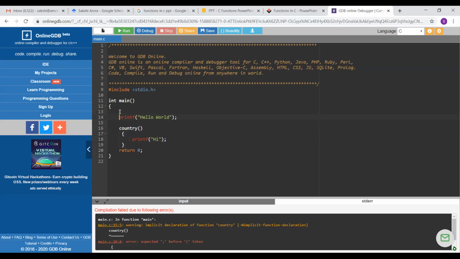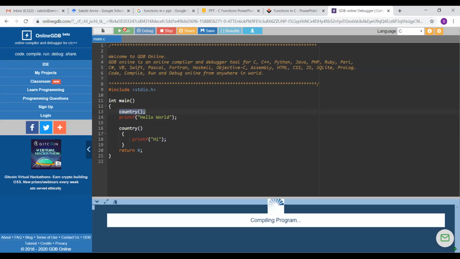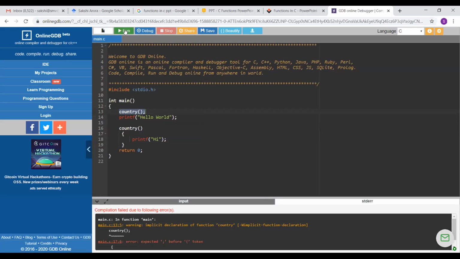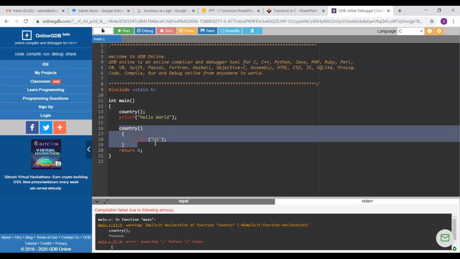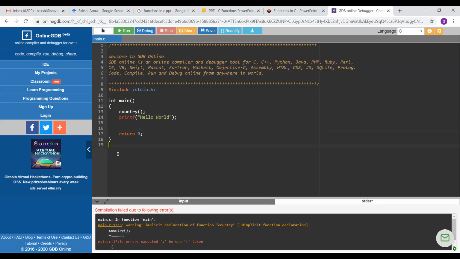So like we declare all the variables that we use, similarly before trying to call any function, we have to first of all declare that function and tell the compiler that this is what we are going to use. When I try to compile, it is again telling me, what is this? I don't know.